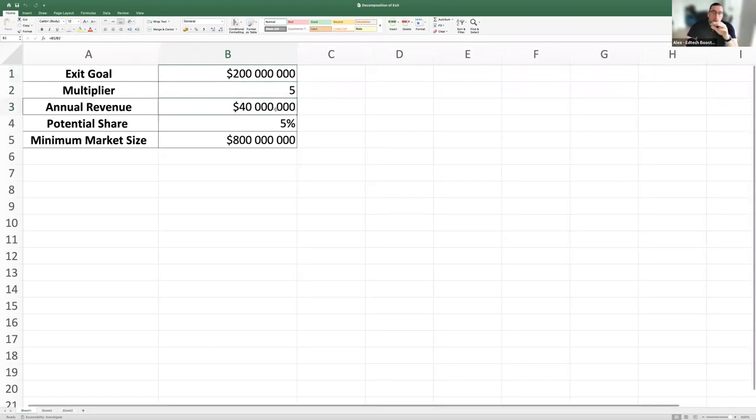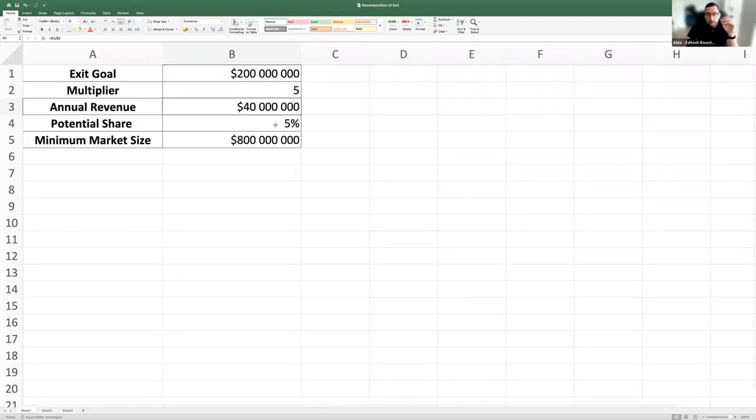Now, probably 5% or 10% of potential market share is going to be easy to get. So usually we calculate 5%. So you have 40 million. This is our goal, to get 40 million. And then if you get only 5%, what should the total market size be? Because we cannot get the whole market, right? We can get only a portion of it.